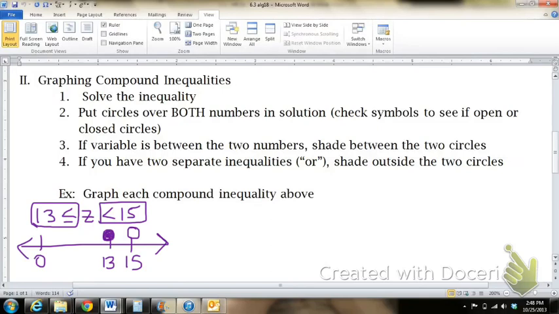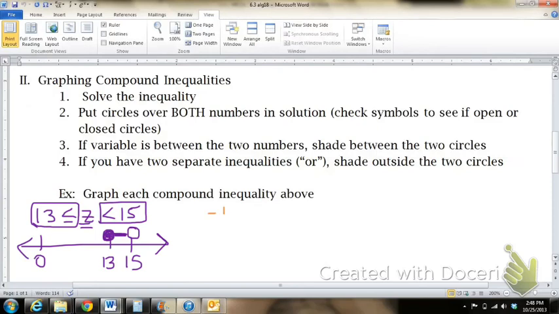Now, easy way to remember this, when your variable is in between the two numbers, like z is in the middle, you are going to put your line in the middle of your two dots, because this is the numbers that are between 13 and 15, and all those numbers fall in the middle. So you just connect your two dots. So the next one that we did,